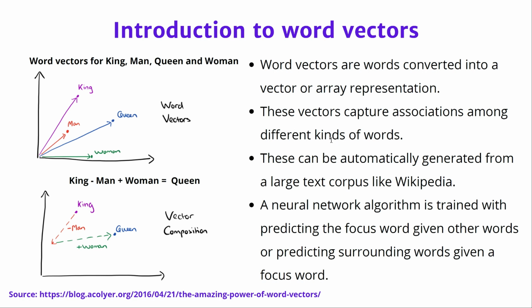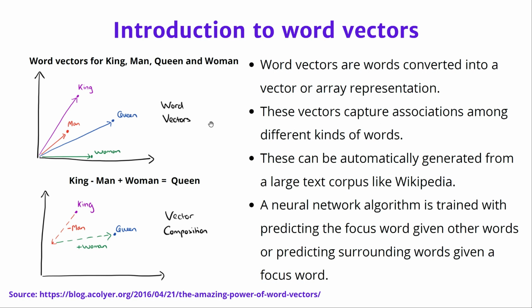To overcome that, we have this word vector algorithm. Essentially, the word vector algorithm, or Word2vec as they primarily call it, converts each word, for example king, man, queen, woman, etc. Each of the words is converted into a long vector of length, let's say, 368 or 768, etc. And the important thing to remember is that the word vectors are trained on a corpus in such a way that the vectors actually capture associations among different kinds of words.